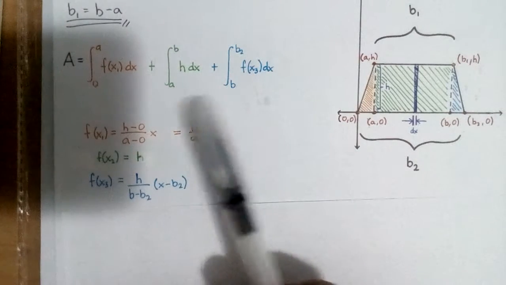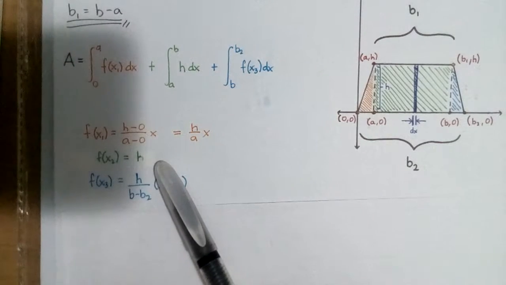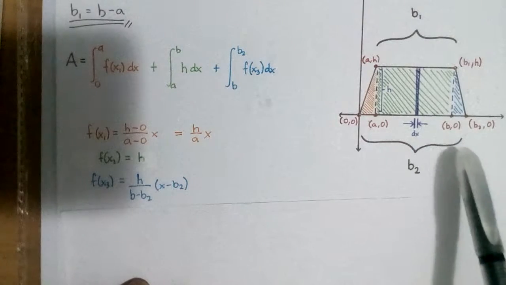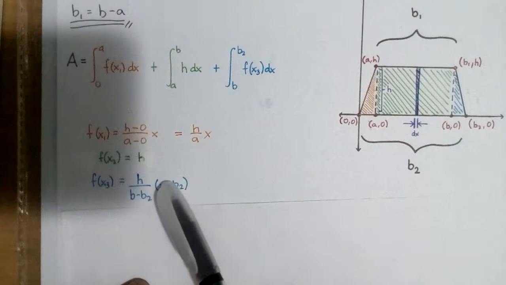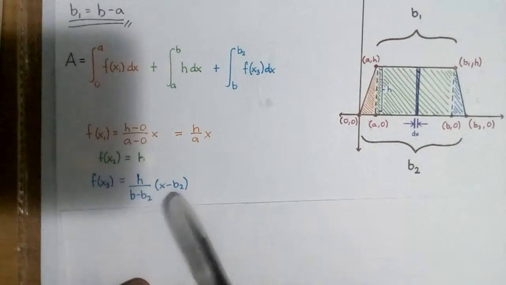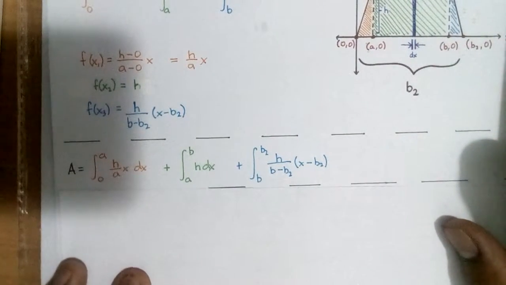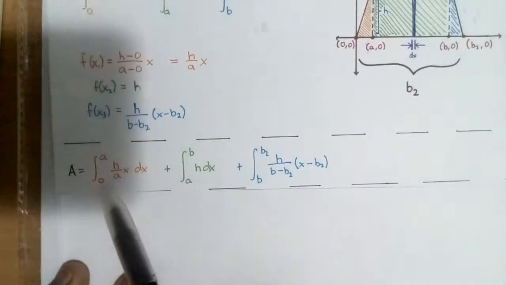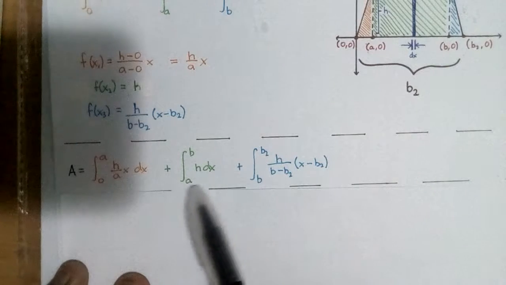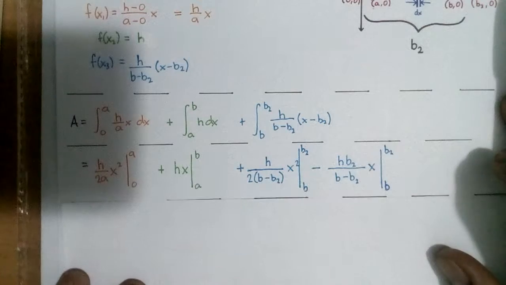For our green area, we have once again our height in terms of x, and our blue area can be denoted by the equation h over b minus b2 times x minus b2. Plugging these equations into our integrals, we get the following. For our orange area, our green area and our blue area, and integrating these variables, we get the following: